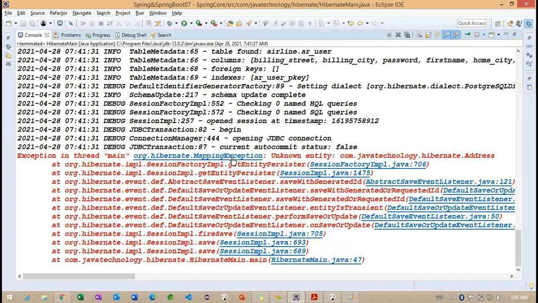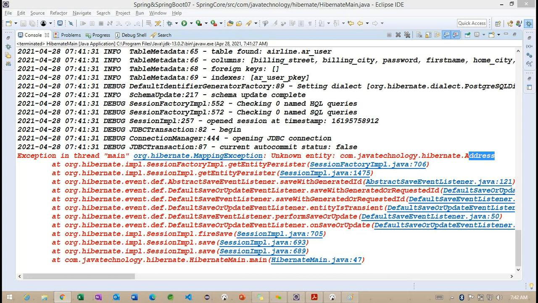So observe again, getting an error here. You can see mapping exception, unknown entity address. So we are getting unknown entity here. What do we need to do here? If we are not to get this unknown entity, what exactly do we need to provide? Getting the point?